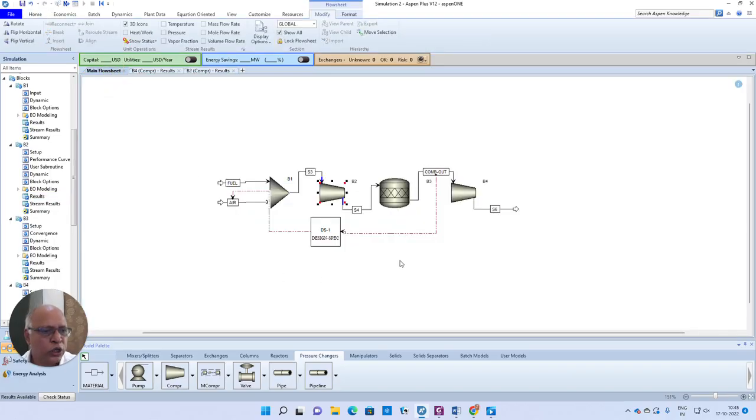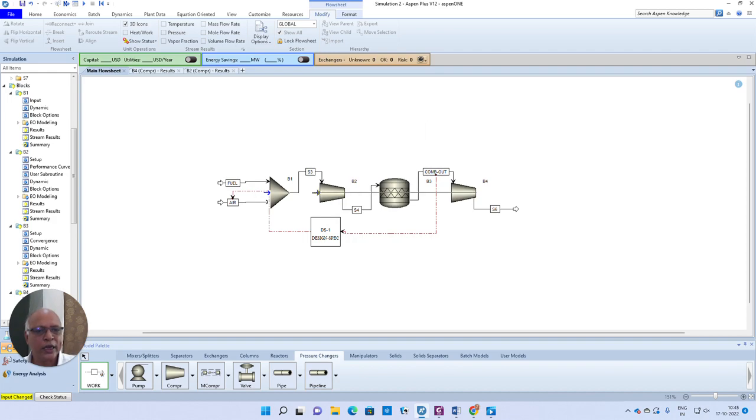Now, in order to do this problem, there are other alternatives. Till now, we have not seen this type of problem. Along with material streams, you also have heat and work streams. So, I'll be selecting this work stream. The work that is produced from the turbine is sent into the compressor. When you send this work, do you think all the work produced by the turbine is utilized by the compressor? No. So it has to take whatever work may be required by the compressor, and the remaining work is going to represent the net amount of work